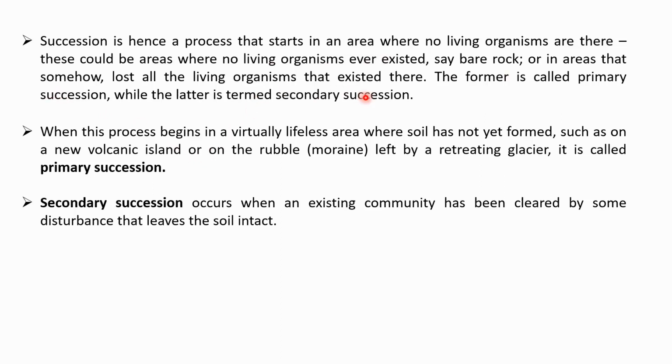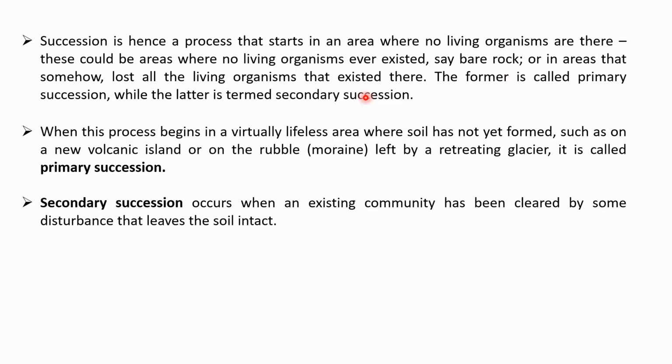So based on this, whether the area was already inhabited and lost its organisms, or the area has never been inhabited, or no living organism ever existed in that particular area,